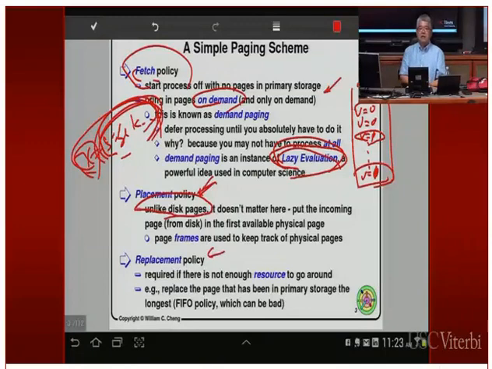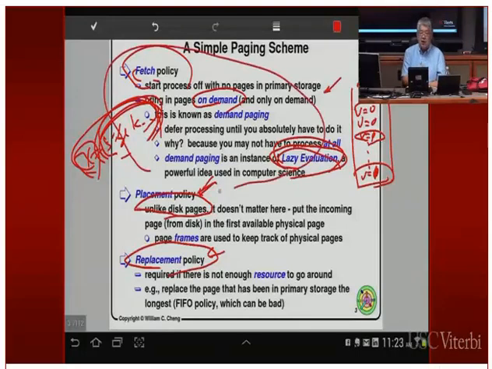What about replacement policy? Replacement policy means that all your physical memory is being used. Now you try to bring in a new page, because some user tries to access some code, and that page of data is sitting on disk. You want to bring it into memory. Since your physical memory is completely full, you have to throw something out in order to make space to bring in the new page. So that's replacement policy. Which page do you replace so as to create a hole to put in the new page? This is basically a resource management problem.